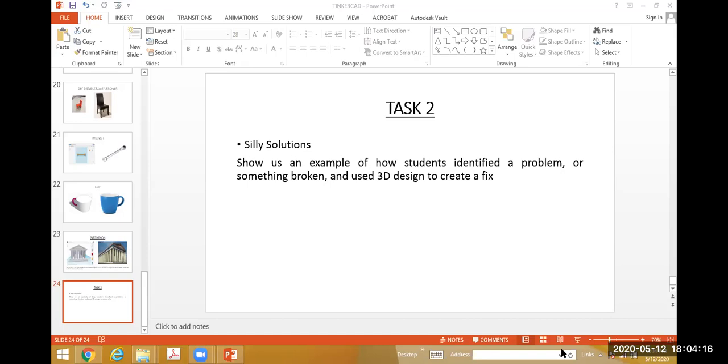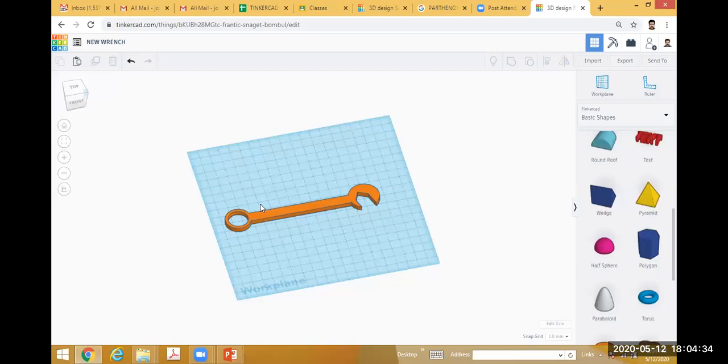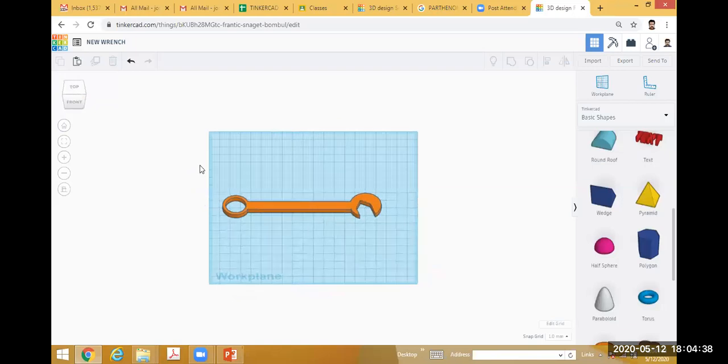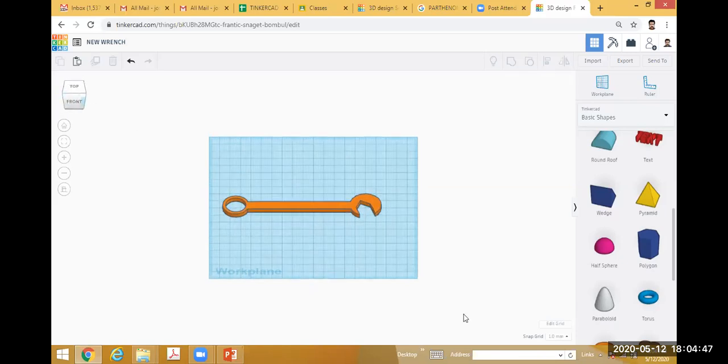Then next is, sir, could we scale down or scale up an object which is grouped? Okay, we can, so I will show you. So this is the object. I will show you the Tinkercad file.